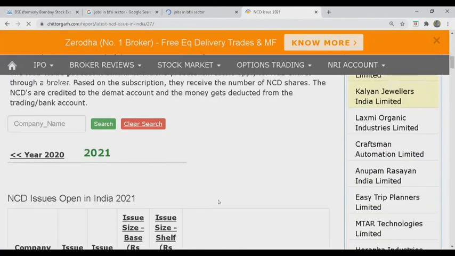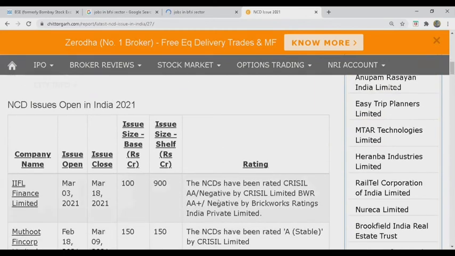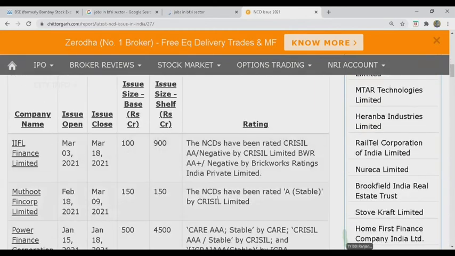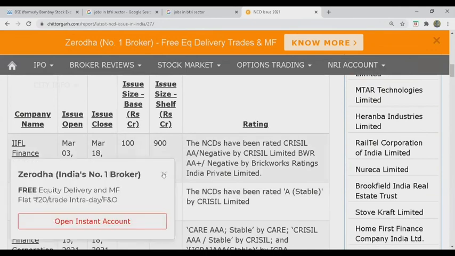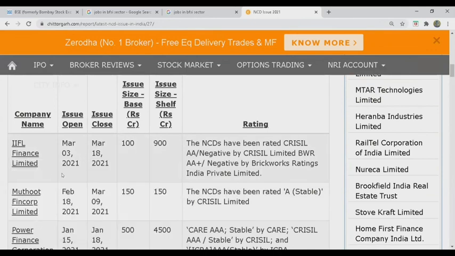Okay, even you people or anybody in your family who is interested in doing it may do it. Okay, look at this. These are still open. Oh, 18th March. This is the last day. So if somebody is investing in this IIFL Finance Limited non-convertible debenture, this was open from 3rd March to 18th March. Okay, 3rd March to 18th March, that is today. And what are they offering, and what do you see as a rating here?